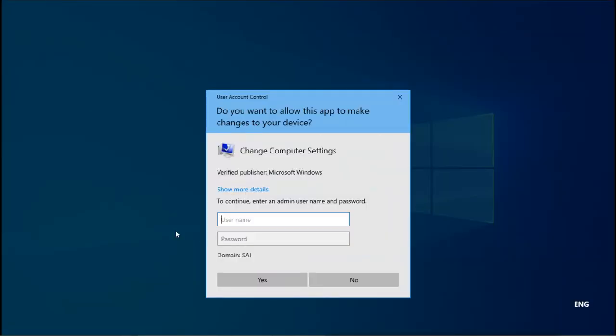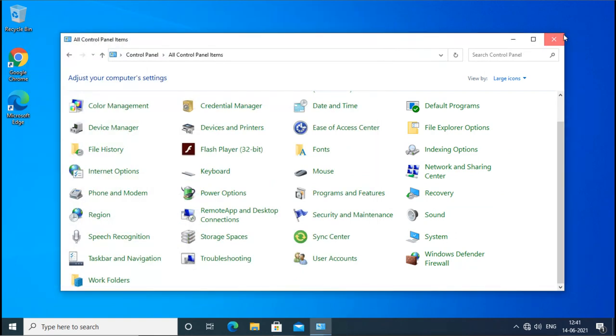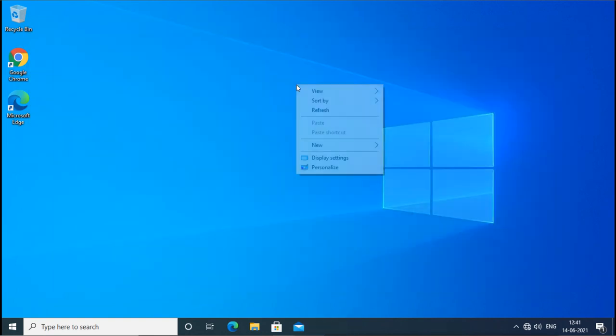Now you see what it is showing here. It is showing that this user does not have permission to do that. If it wants to do so, it needs the administrator username and password. Because this user is a normal user, it cannot do that, and it doesn't know the password of any administrator. So this is a normal user, and it cannot do administrative tasks.